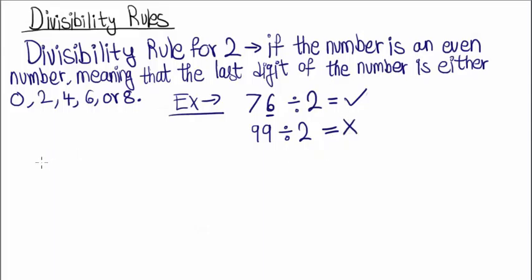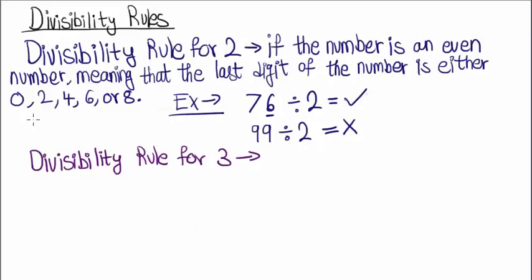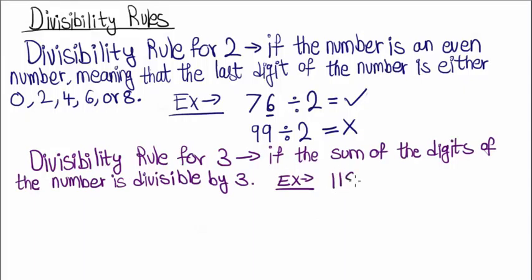Let's now go over the divisibility rule for the number 3. A number is said to be divisible by the number 3 if the sum of all of the digits of that number is divisible by the number 3. For example, the number 118 is not divisible by the number 3 because 1 plus 1 plus 8 gives me the number 10. And since 10 is not divisible by the number 3, 118 is not divisible by the number